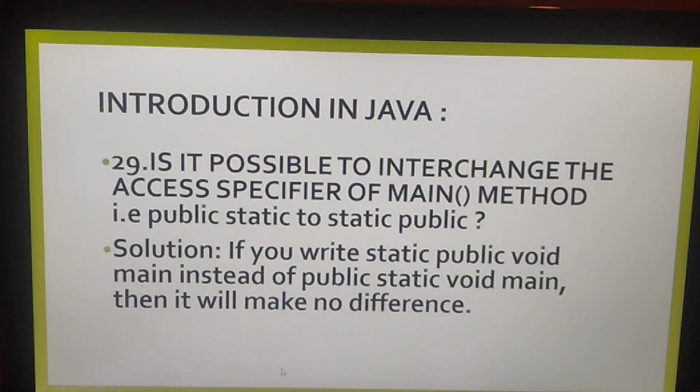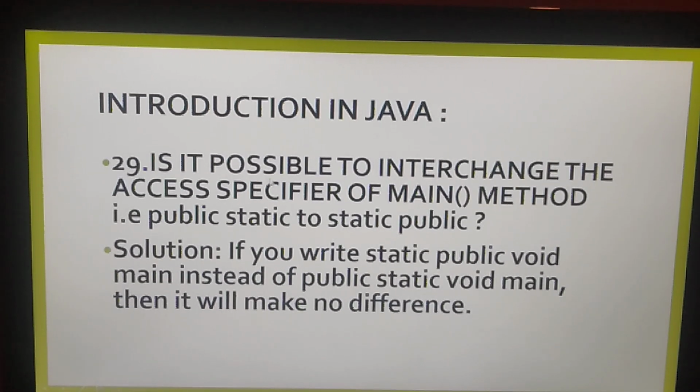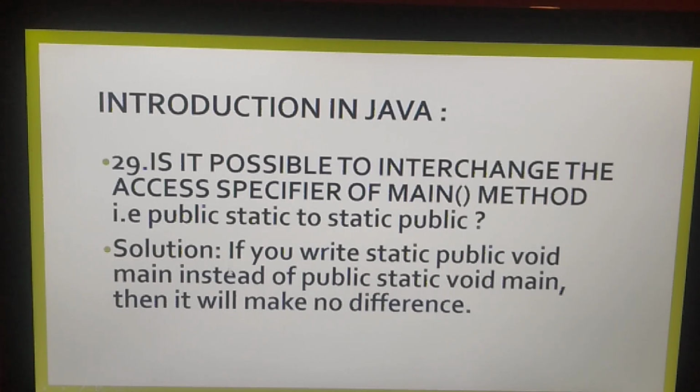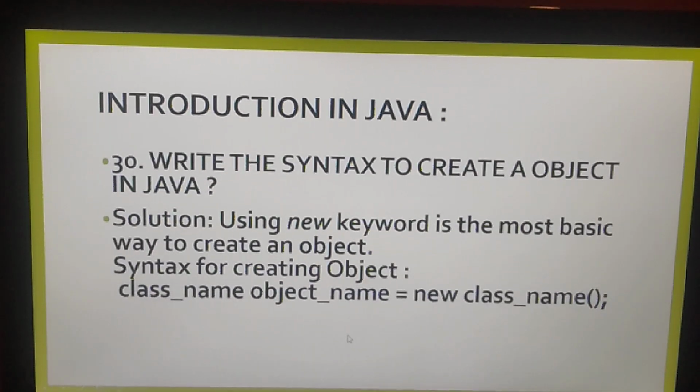Question 29: is it possible to interchange the specifiers of the main method, for example public static to static public? Solution: if you write static public void main instead of public static void main, it will make no difference. Question 30: write the syntax to create an object in Java. Solution: using the new keyword is the most basic way to create an object. Syntax for creating an object: ClassName objectName = new ClassName();